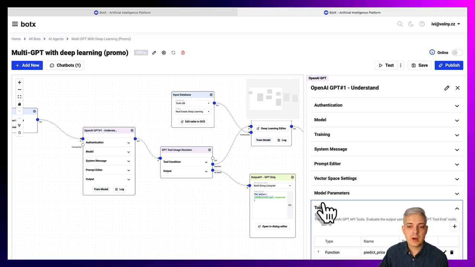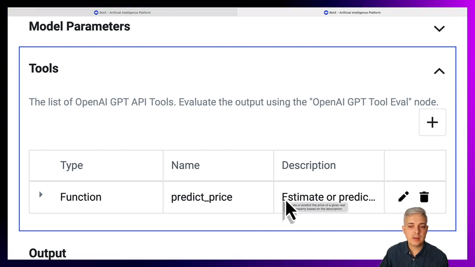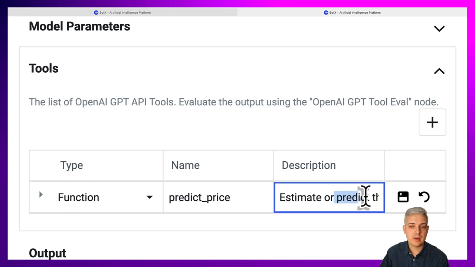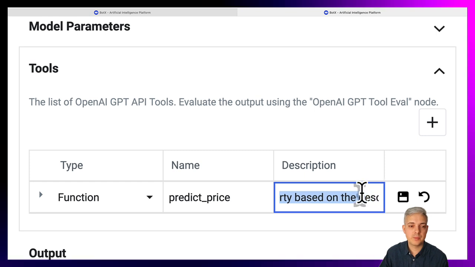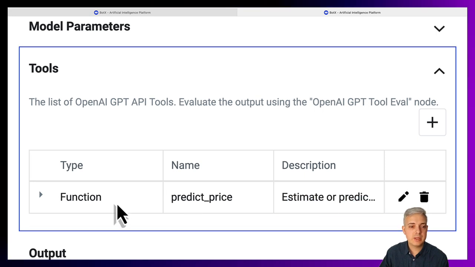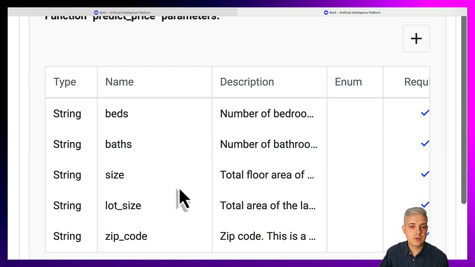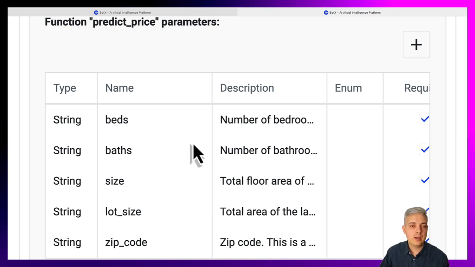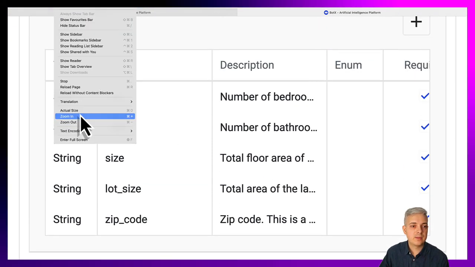In this case, we are using GPT tools, and we wanted to understand if we ask about estimating or predicting a price for a given real estate property. So based on this defined tool here, we can teach GPT to operate differently with these sort of questions. And if we expand this function here, we can see that we are interested in these particular parameters. And these parameters afterwards are fed into our